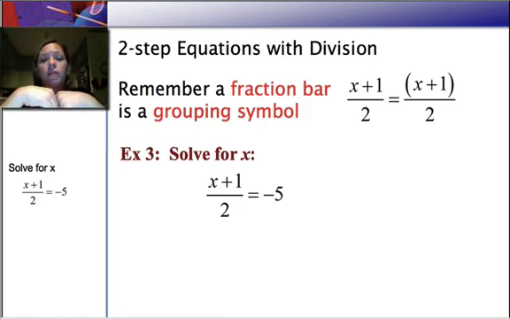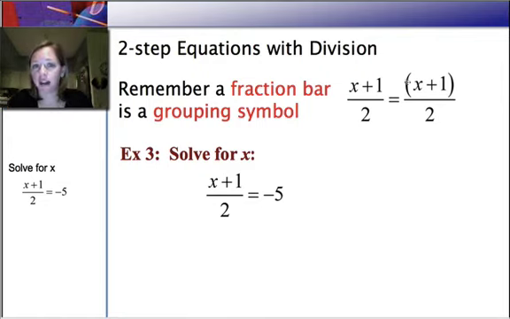Okay, so if we have this example, solve for x: x plus 1 over 2 equals negative 5. If we just look at the x plus 1 over 2, this little fraction bar right here, it's really a grouping symbol. It's implied that this numerator, x plus 1, is in parentheses. That means I'm not going to undo the addition first. So if we think about our SADMAP,